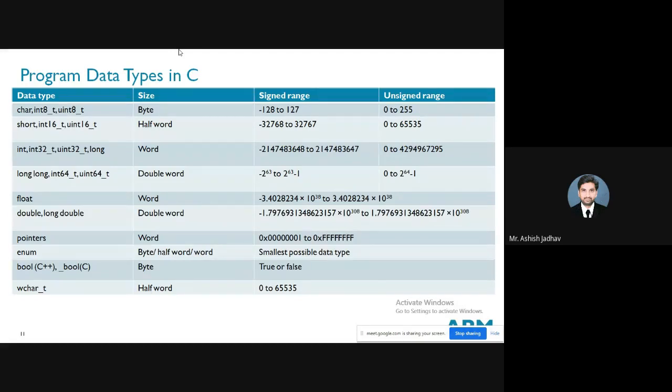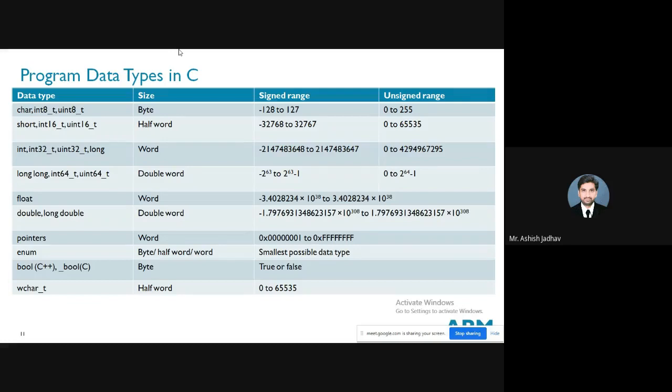The next data type that we have here is short, right? Short means you can write this in another fashion, integer 16, or you can write unsigned integer 16. This short data type has the meaning of half word. Now I told you word means what? Word means 32-bit data.